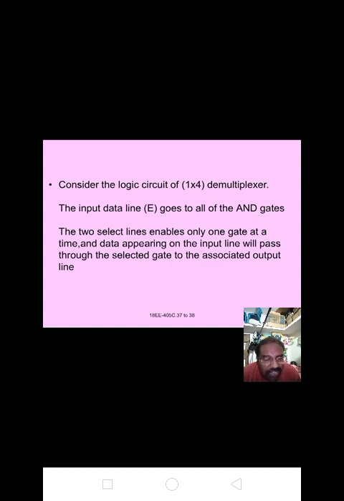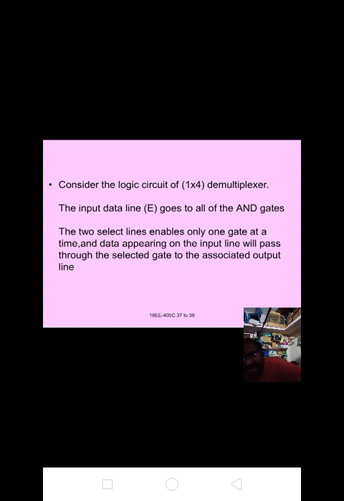The data input line is the most important one. If it is enabled, for any one of the 3 binary inputs specified by S0, S1 and S2, that output value is displayed on the output. Okay. It is the diagram for the 1 into 8 demultiplexer. I will give a screenshot of this and send it to your WhatsApp group. In this 1:8 demultiplexer, S2, S1, S0 are the 3 data select inputs, the data input is E, and the data outputs are also given here.